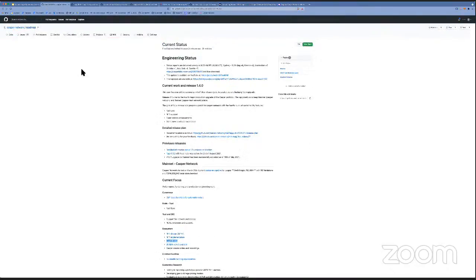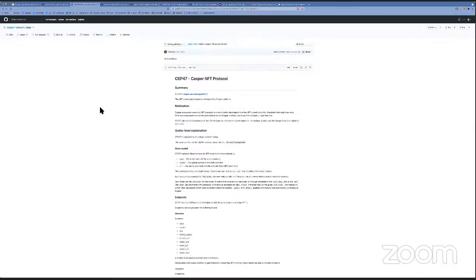Going back here, as you know, we are very much focusing at Casper, especially in the ecosystem, on NFT. And today I have a bunch of good news for us. The ecosystem team prepared several releases that are related to NFT. You already know about the design that we have under the code CEP47.